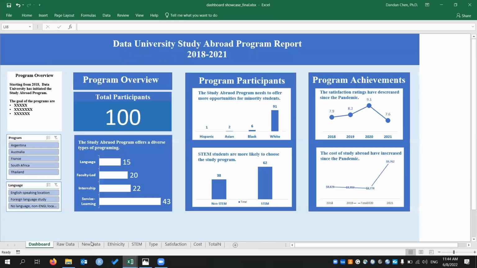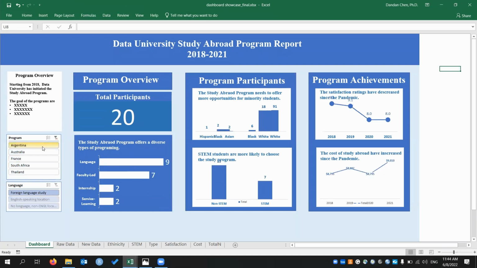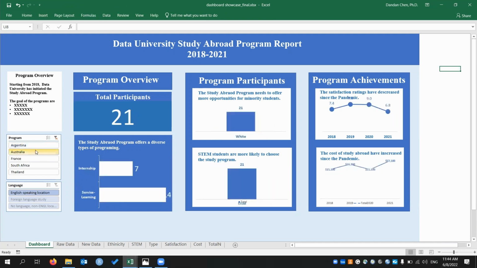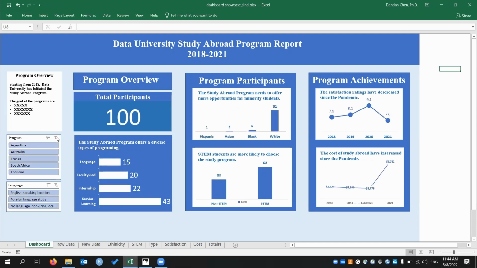The function of a slicer is to give you the disaggregation, or separate values, of a data dashboard, like what I did here. This is what we are going to add. But what kind of slicer you like really depends on your context. The context we have here is that the program leadership wants to know how different programs perform over the years, and also whether the language of the country is a deciding factor for students to participate in this program. For example, if you go to France,